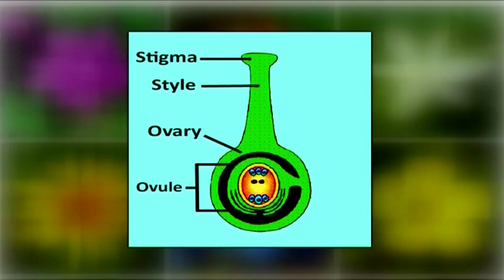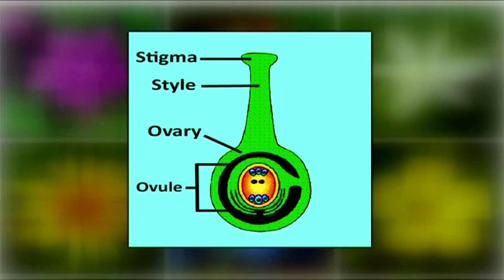The stigma, usually found at the tip of the style, is a portion of the structure that receives the pollen, that is male gametophytes. It is commonly sticky or feathery to capture pollen grains. The style and stigma of the flower are involved in most types of self-incompatibility reactions. Stigmas can vary from long and slender to globe-shaped to feathery.